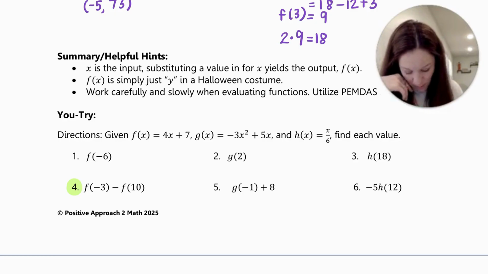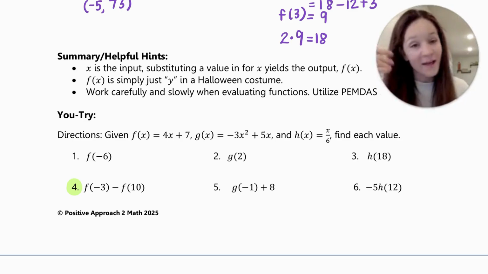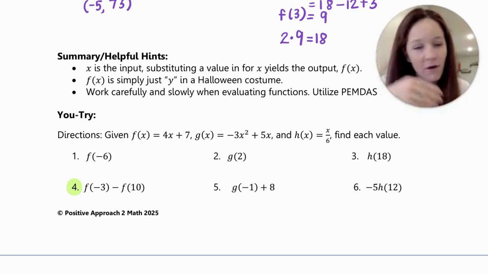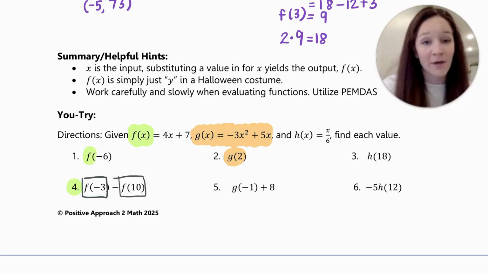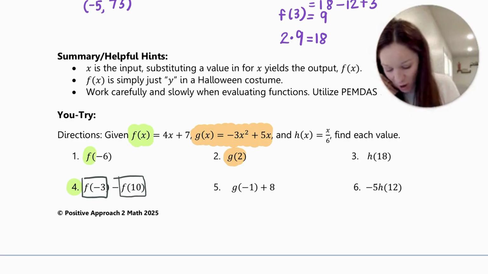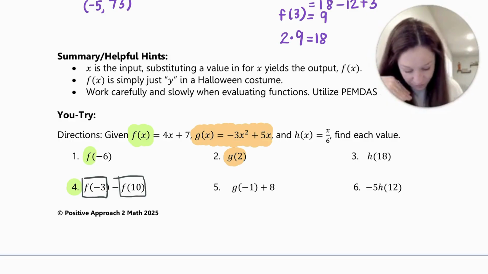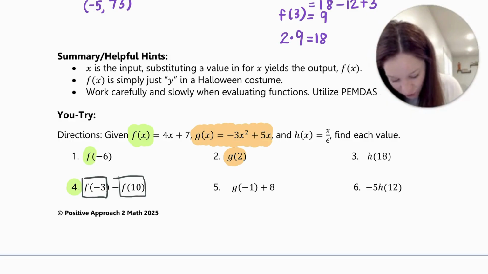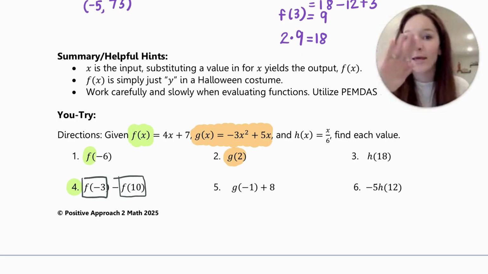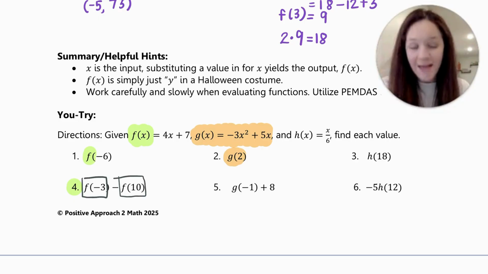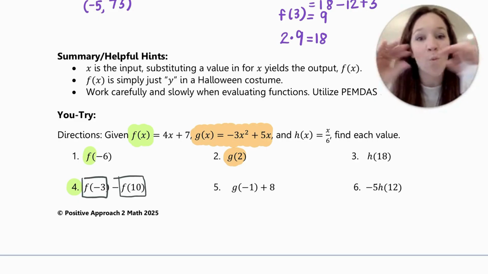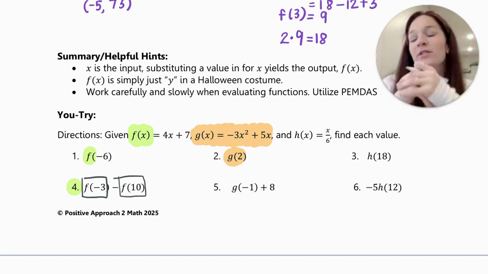I do also want to point out that there are 3 functions there, and that's not to confuse you, that's not to make your life hard. It really was for simplicity so that we could fit the directions all in one line. So for number 1, when it is asking you for f, you're going to use the f of x function. Ignore g of x, ignore h of x. For number 2, it's asking for g of 2, so you're going to use the g of x function for number 2. Ignore the f, ignore the h, and so on and so forth. It's just kind of giving you 3 functions all in one line instead of rewriting it for every single problem,